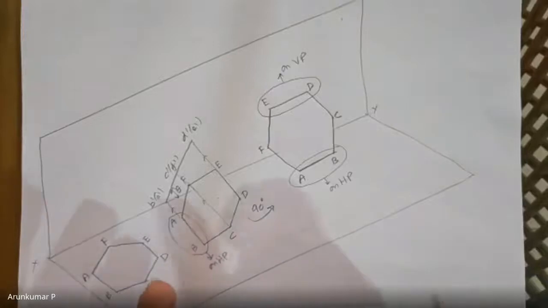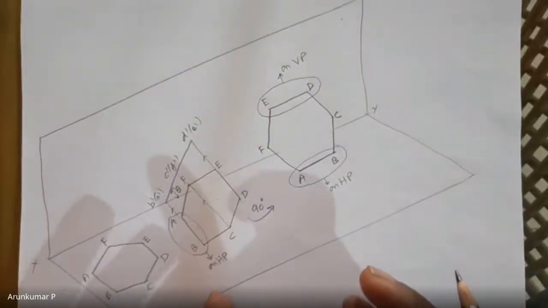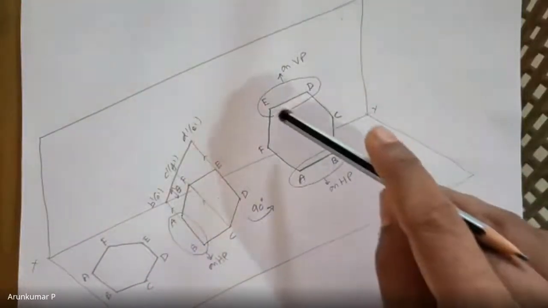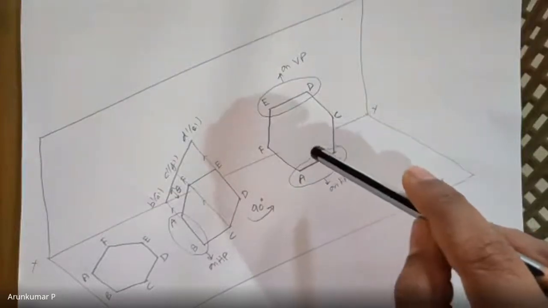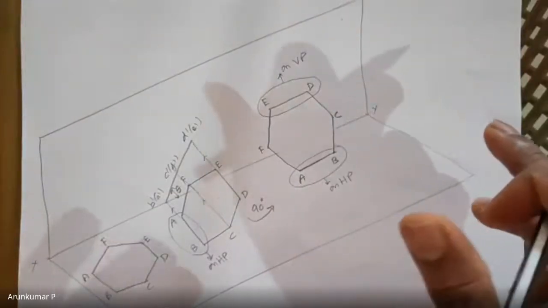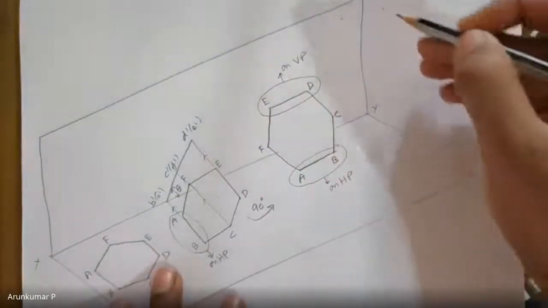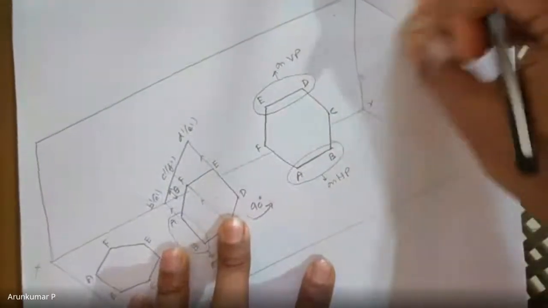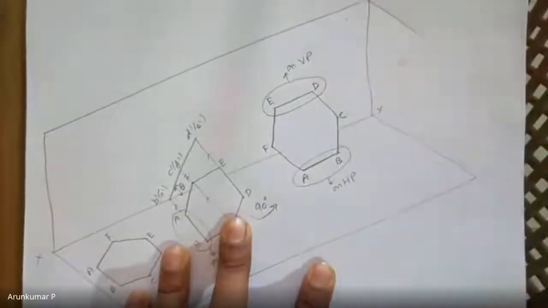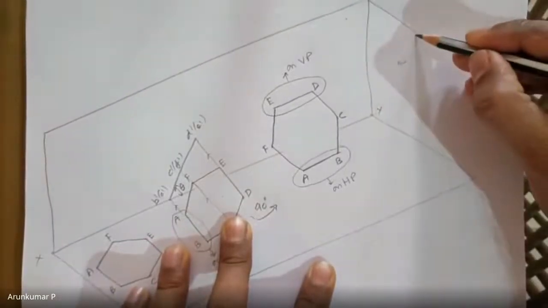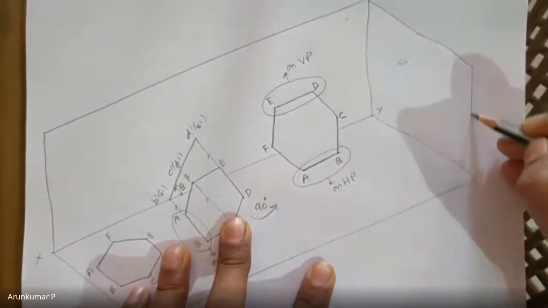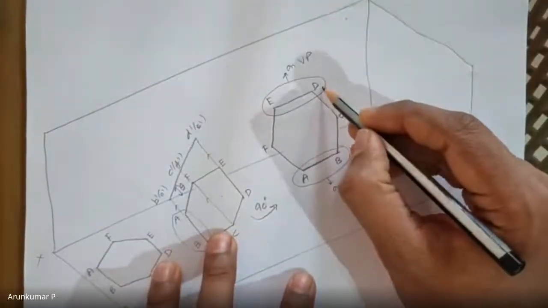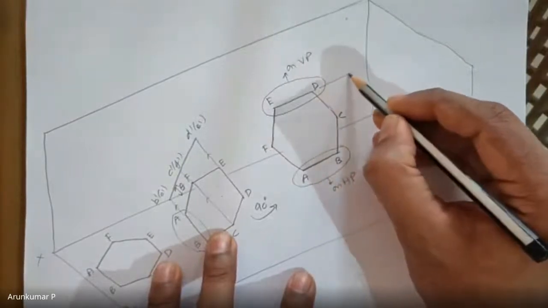And how do you know that this is what is actually happening, that AB is on HP and DE is on VP? And you also would want to know the angle at which it is inclined. So to see all that and to prove all that, you can take the side view. You can draw the RPP, right profile plane, and start projecting onto the side plane. So you will be getting your left side view on RPP.